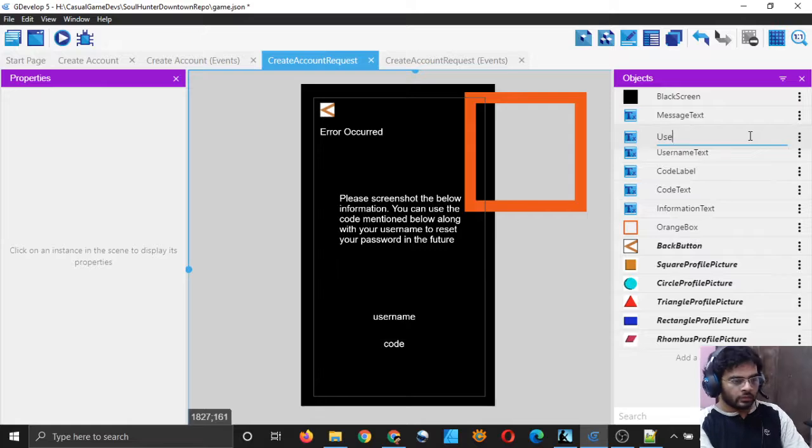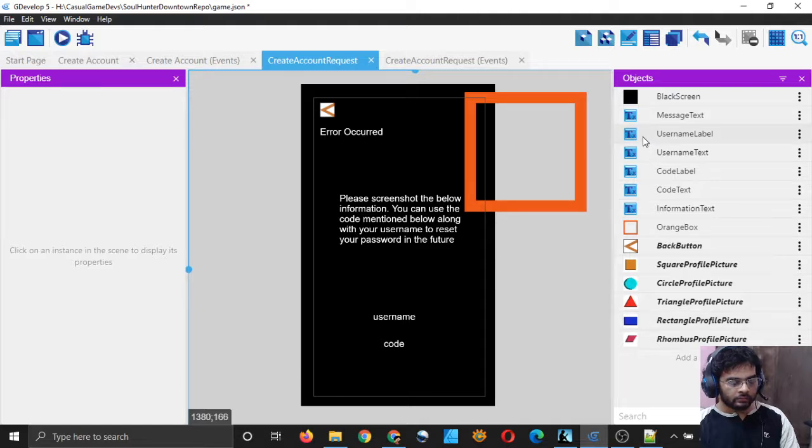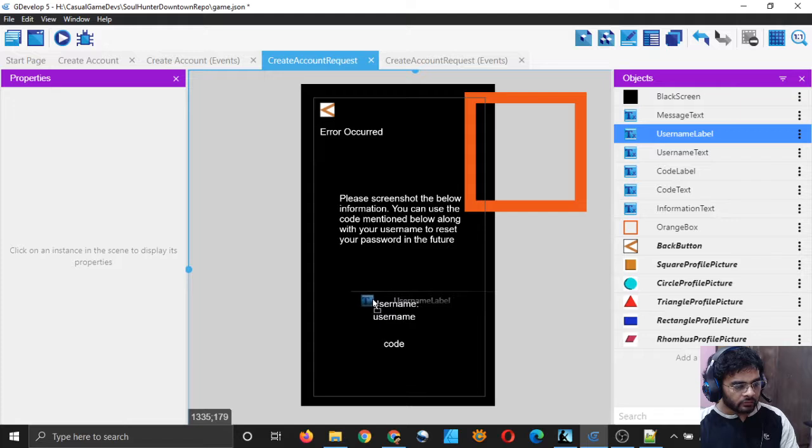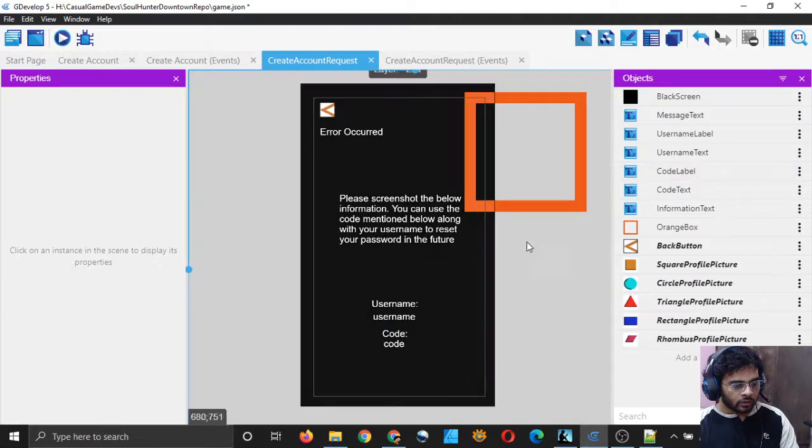Inside them you can simply capitalize it and put a colon, and in the username label also you can simply capitalize the first letter and put a colon, and username label can be dragged here and code label can be dragged above the code, right? So it looks good.